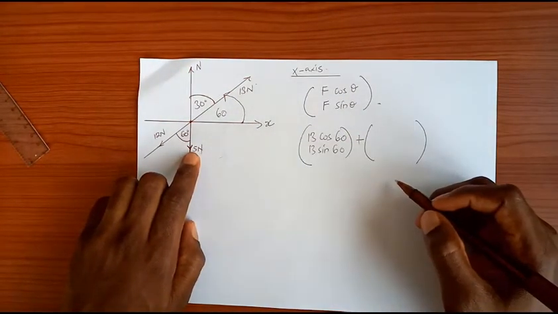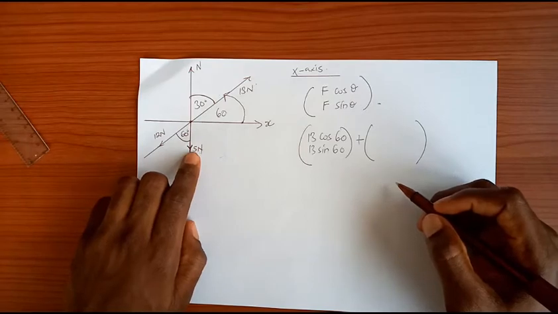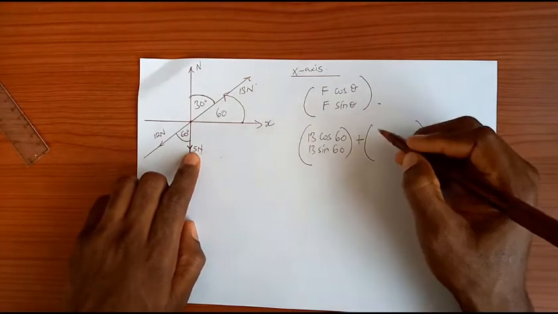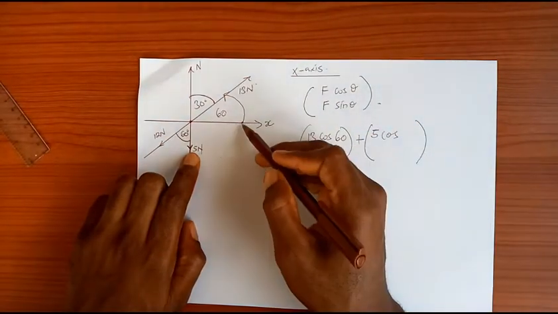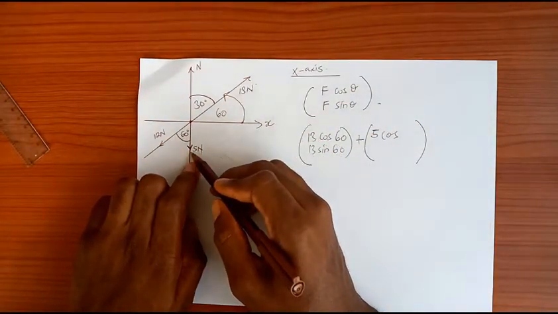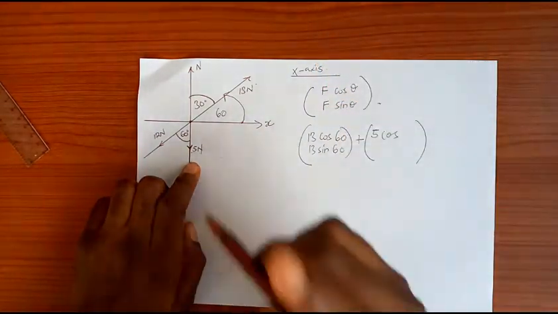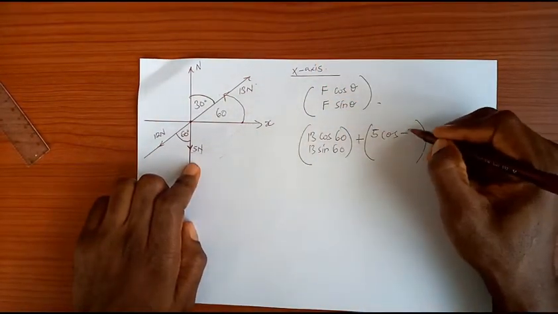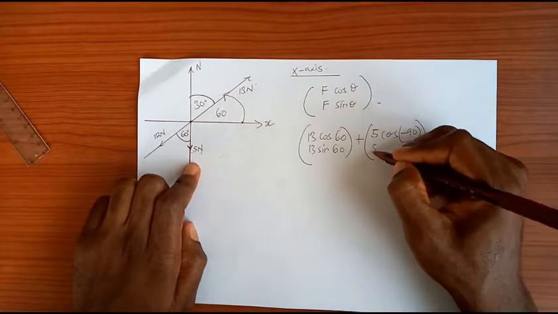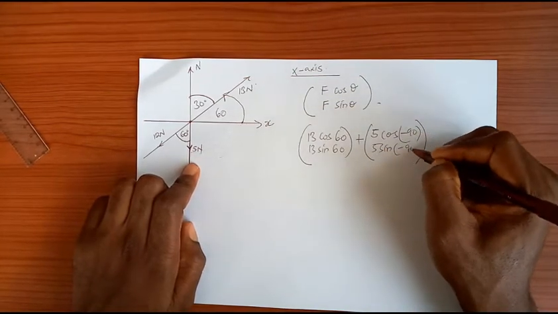So what do I have for my 5? What I have for my 5 is a 5, okay, because the angle from here all the way to here is 90. But because it's clockwise, it's supposed to be negative. So I have 5 cos negative 90, then 5 sine negative 90,